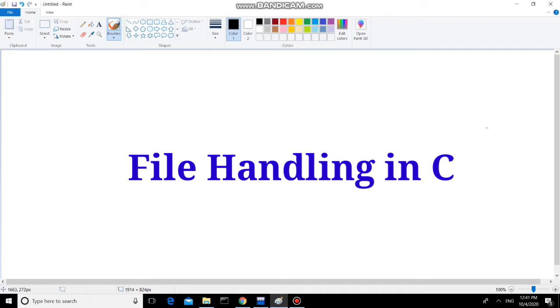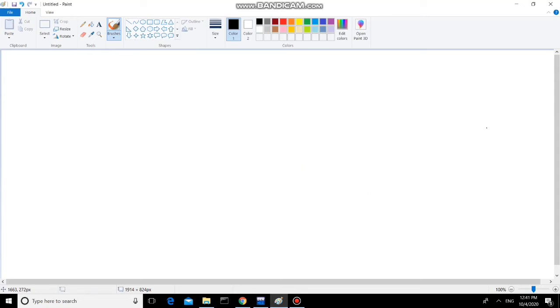Today I am going to discuss file handling in C language. I am going to demonstrate two things in this particular session. We are going to first read the content of a source file and print that content on the output screen. This will be the first task I am going to do with the help of file handling in C language. And second, we are going to copy the content of one file and paste those contents into another file. So that will be the second task I am going to show you. Let us start with file handling in C language.